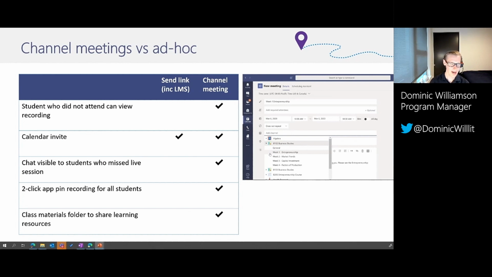But because it's not part of a class team, if a student doesn't attend the meeting live, they don't get to see the recording. They cannot continue to see the conversation. And this is why it's different, because think of it as a meeting that's on a one-off island versus a meeting that's part of a large class team that is a persistent space for those students to interact.